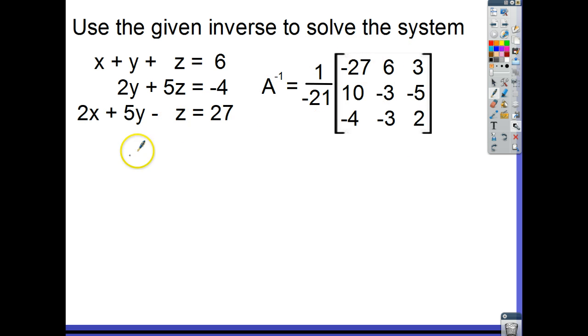Okay, so step 1 would be to write this as a matrix equation. So we'll do that, and I'm going to think forward to know that I'm going to have to put this in front. So I'm going to put it right here. I'm going to leave some room in front of this one, and I have 1, 0, 2, and my y's are going to be 1, 2, 5, and my z's are 1, 5, negative 1. And then I'll have my x, y, z here